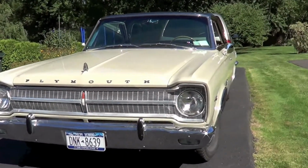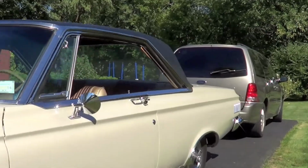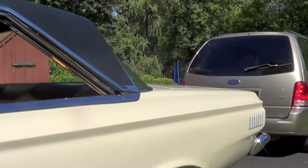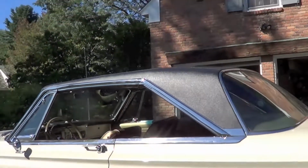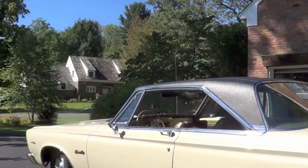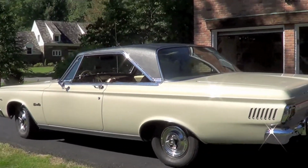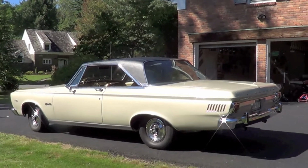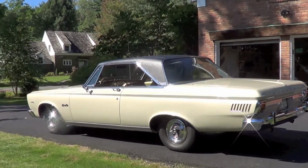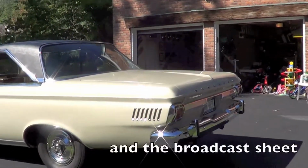The car was bought new in November 1964. It was ordered by the Anschuler family. The husband was an attorney. I think this was the wife's car. Her name was Bertha. So I think we'll name the car Bertha in her memory. Unfortunately, she passed away just about 6 months after I acquired the car and before I had a chance to find the original owners. I have the window sticker, the order sheet, the dealer invoice,